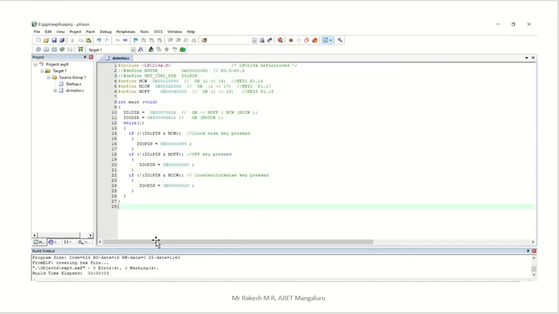Then if there are any errors or warnings, you will get them at the bottom side of the screen. Here you will get either zero errors or zero warnings. If there are errors, say 5 or 6 errors, just scroll up in this part, then you will see what errors we have in this program. You have to see that, resolve it, then build again.